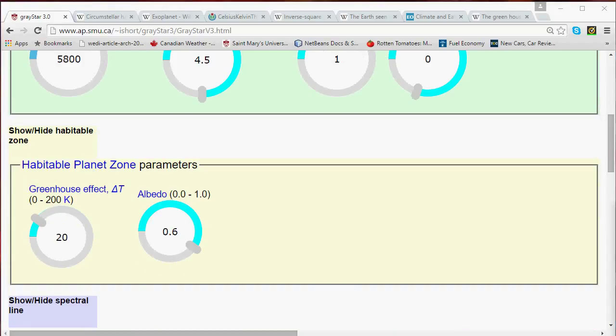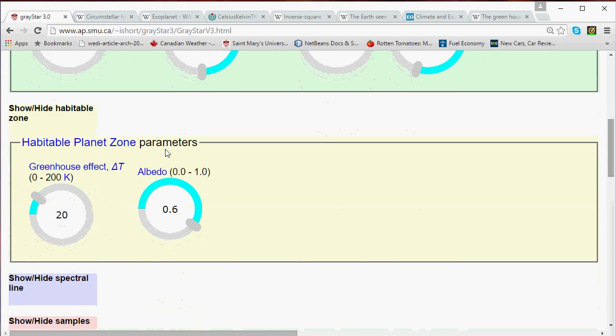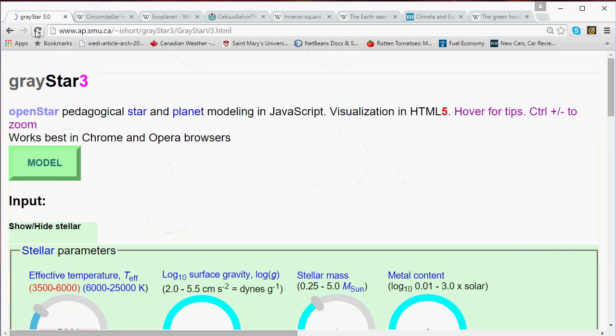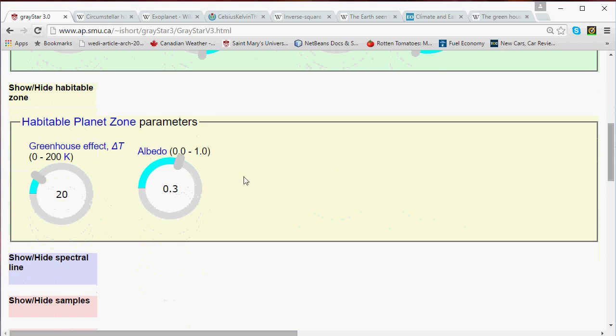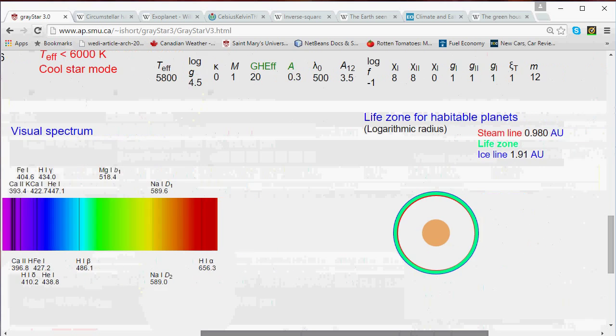So let me finish up as always by suggesting a pedagogical activity for teachers. And this pedagogical activity is one that's really going to focus exclusively on the parameters of the planet rather than the star. So this is a pedagogical activity that could actually be appropriate for a unit on environmental science as well as a unit on astronomy. So what I'm going to do here is go back up to the top and hit reload here. So we're defaulting back to the parameters for the sun and the earth, in particular for the earth here. Now part one of the activity, if we come down here to the output for the circumstellar habitable zone,